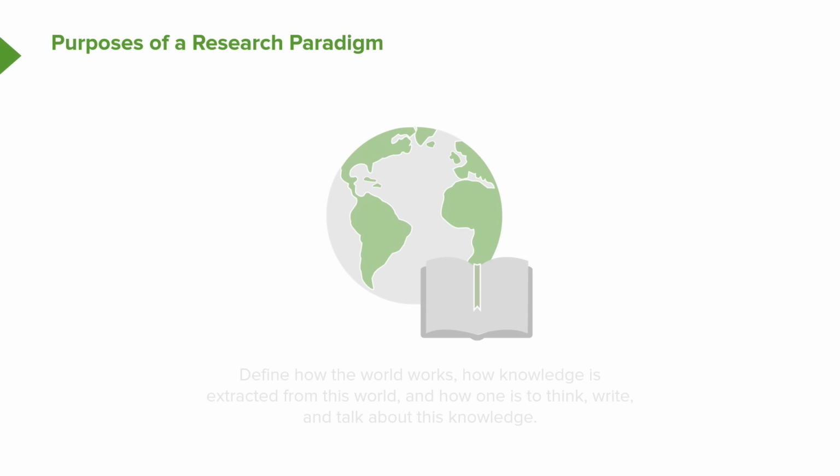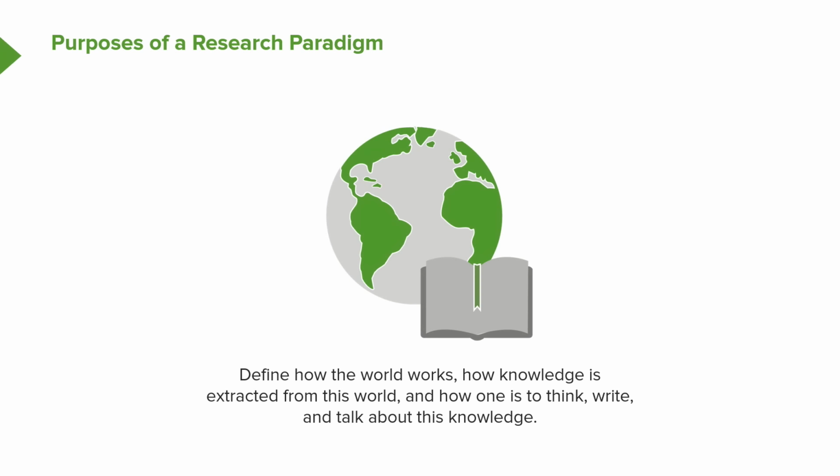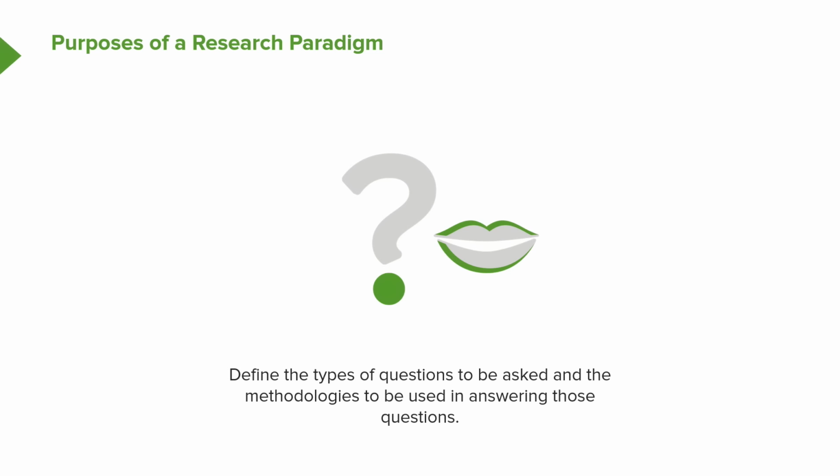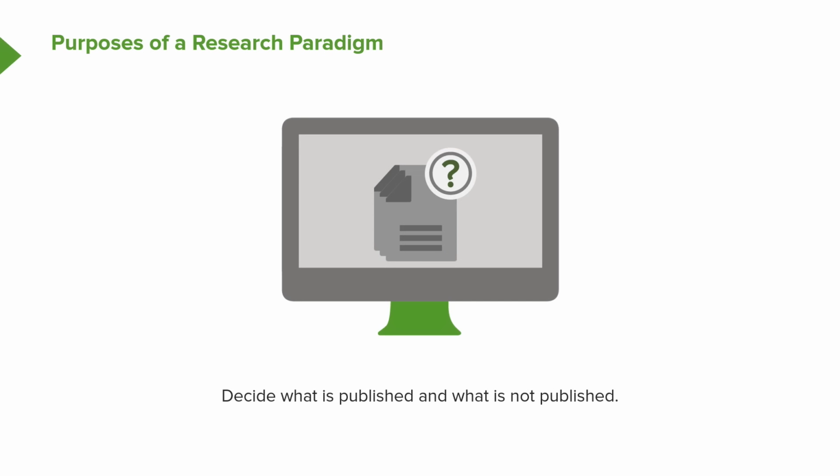The important part about all this is that paradigms of research allow us to define how the world works and how we extract knowledge from it. A psychologist, a political scientist, an economist, an anthropologist, and an epidemiologist interact with the world a bit differently and define knowledge a bit differently. We define the questions that we ask a bit differently as well. When we look at evidence-based medicine, we're going to phrase a research question, and the paradigm of knowledge from which we arise helps us define the types of questions that we can ask.